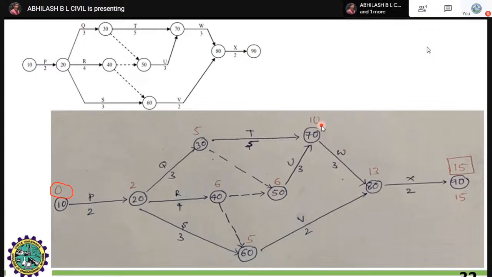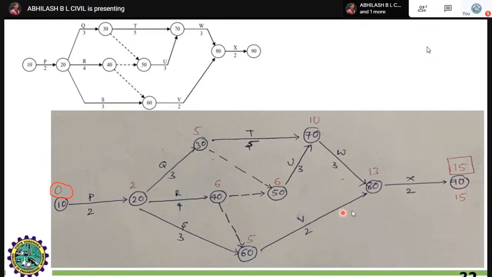Always, if two activities are meeting at a single point, you have to wait and start searching for the earliest start time of the particular project, that is 10. That is, this activity should complete. Next is 10 plus 3, 13, 5 plus 2, 7. Just hold on, you shouldn't write 13 suddenly. 10 plus 3 and 5 plus 2, whichever is the highest number, you have to take care of this number. Next, 13 to 15. That's it.